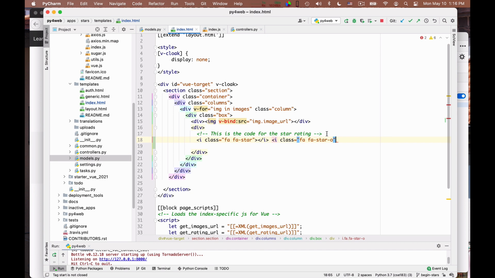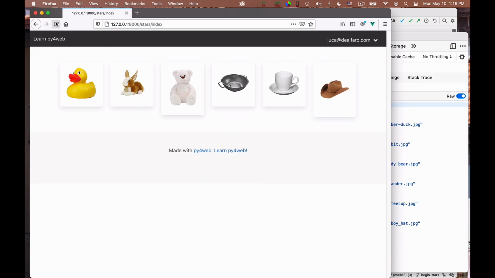If your icon sets include JavaScript, the JavaScript has a tendency to interfere with the Vue.js JavaScript and lead to corrupt results. So if you do like to use the newest Font Awesome, remember that you have to use the pure CSS version of it. You can download it, okay? But I'll be using the old one just because I'm more used to it. Okay, so these are two stars. Let's just look how they look if I reload the page.